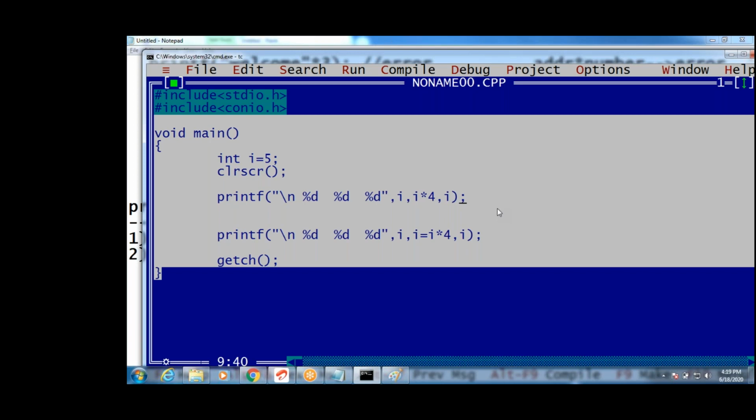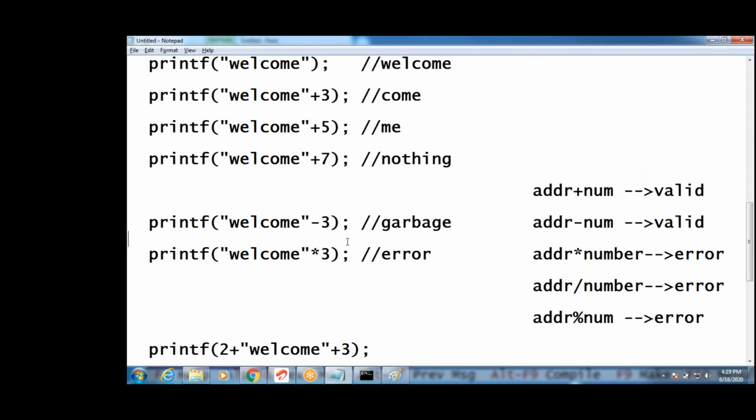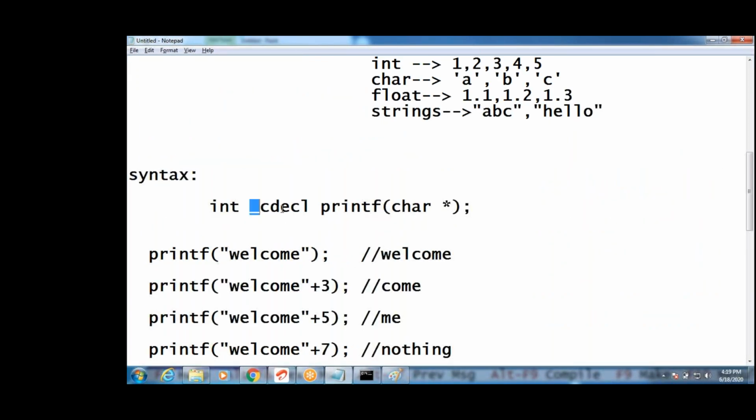Yeah, because Rohit, it follows C declaration calling. It depends upon how they implemented it. They implemented it like this. That's why it executes as C declaration. Pascal is there, C declaration is there. What is Pascal? Left to right. It executes from left to right. C declaration, this is one convention guys. It executes from right to left. Different conventions are there. If you try in another compiler, you get different outputs.